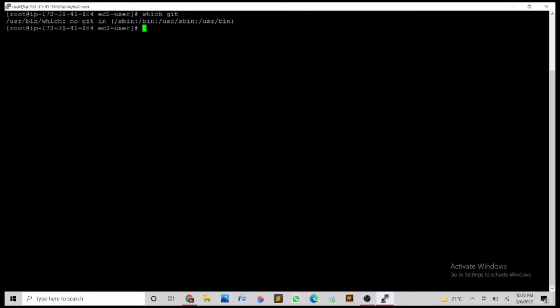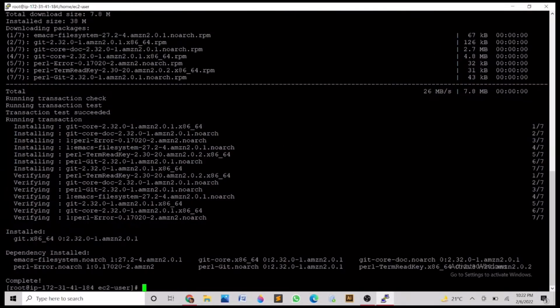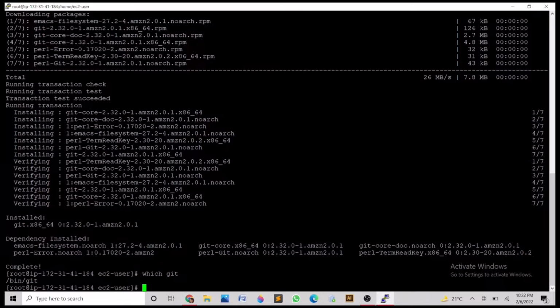In my case, my computer does not have Git installed in it, so I'm simply going to use the yum command to install it. So in order to install the git package, we are going to type yum install git -y, and what this command does is it installs the git package onto your machine, and what -y does is that it disables the confirmation prompts that pop up whenever you install a package. After the installation is complete, you can again use the which command to see whether your installation was successful or